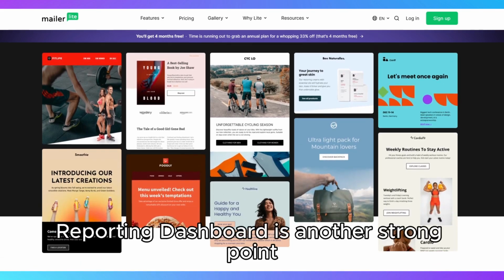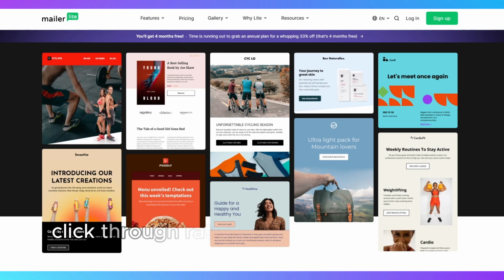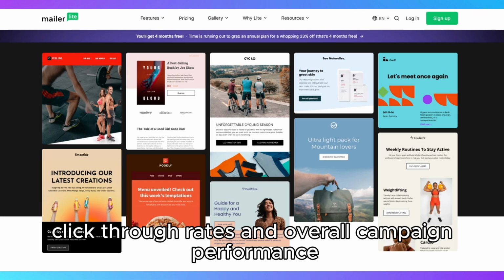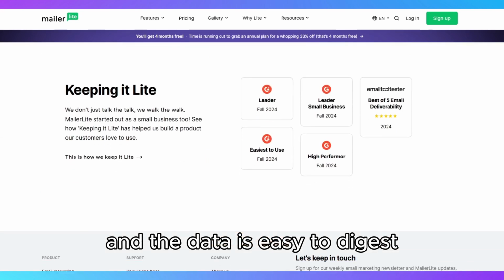MailerLite's reporting dashboard is another strong point. It provides clear insights into open rates, click-through rates, and overall campaign performance. You can track each email's success in real time, and the data is easy to digest, allowing you to quickly